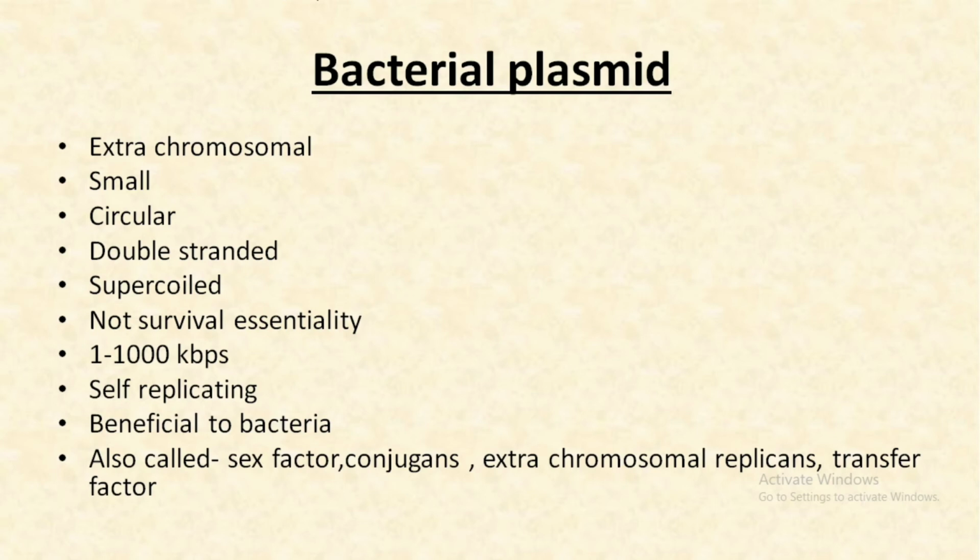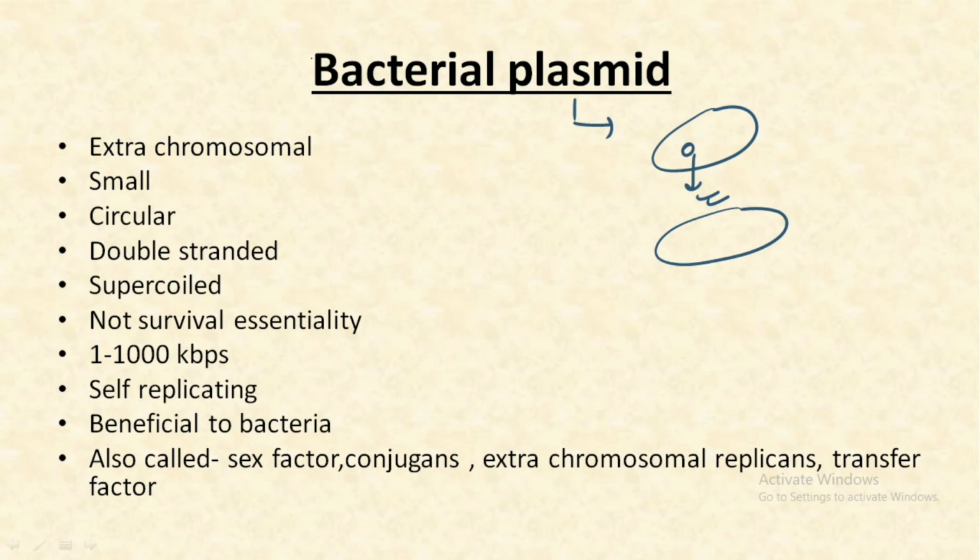Let us discuss the bacterial plasmids now. So what are plasmids? Plasmids in simple words are extra chromosomal material present in a cell, which helps the cell to have its genetic material transferred from one bacteria to the next bacteria. And these are the important features of the bacterial plasmid. Make sure you remember them because questions have been framed from this area in part C.